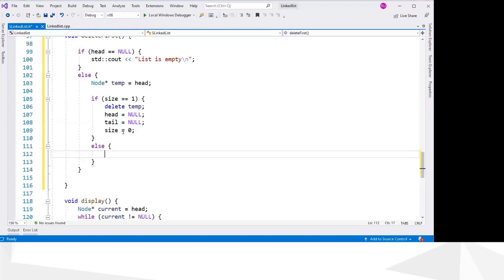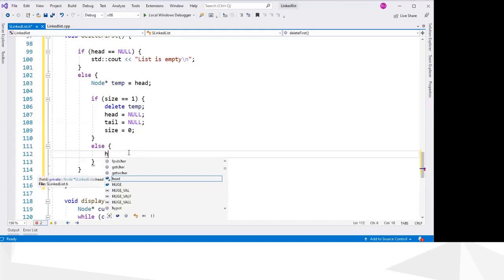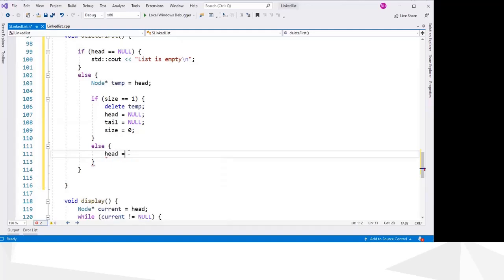And else, if we have more than one element, we make the head pointer equal head next. You can use tail next or head next because both are the same. I made head next, that means this is the second node.